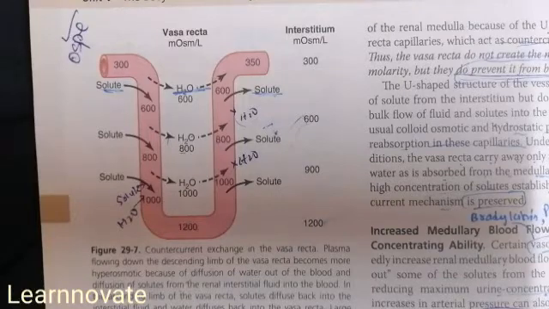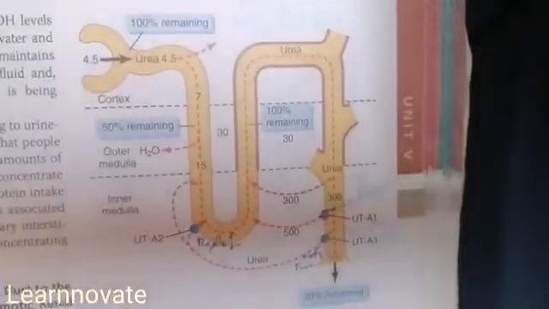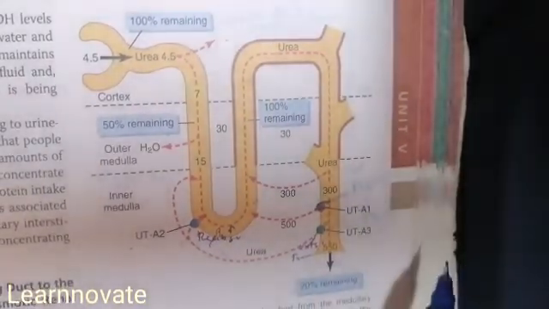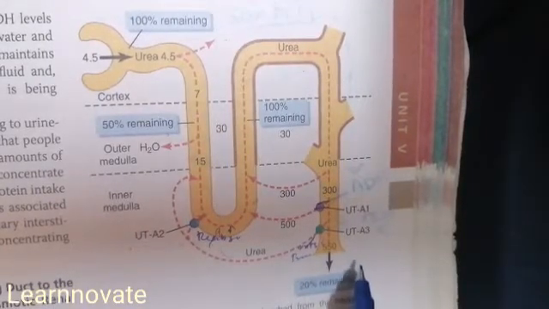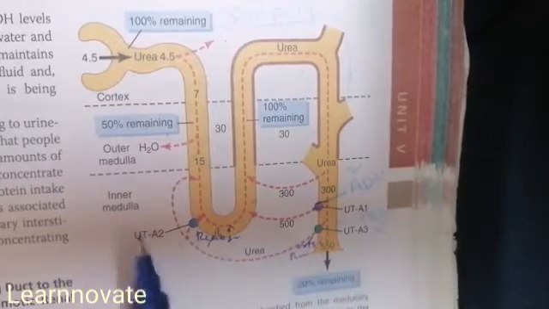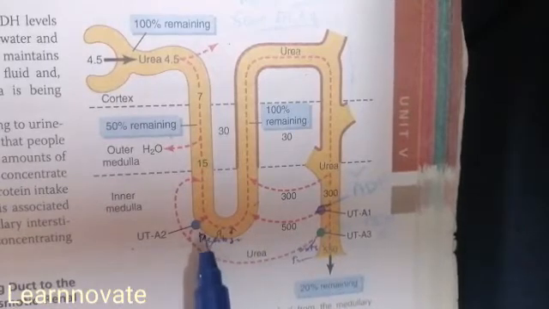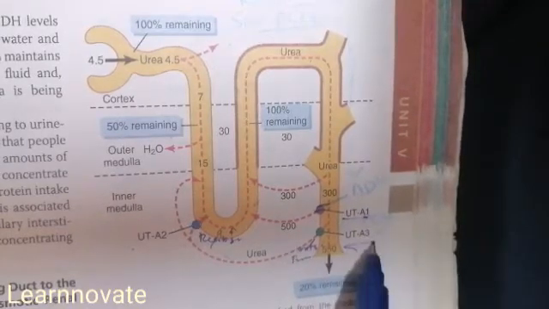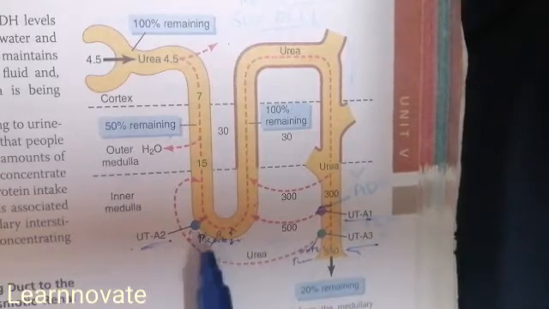Urea also has an important role in this interstitium maintenance, and we will see how it does so by diagram. In this diagram, you can see the recirculation of the urea. The urea, as an excretory product, also acts as a solute. We know that solutes are for hypertonicity, or for creating the osmolarity. There are urea transporters located in the medullary collecting duct and also in the descending part of the loop of Henle. The urea transporters A1 and A3 are located in the medullary collecting duct, while the urea transporter A2 is located at the loop of Henle.